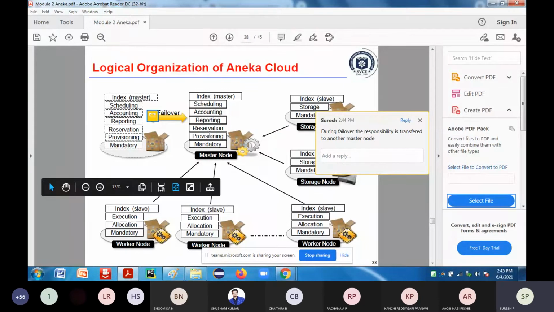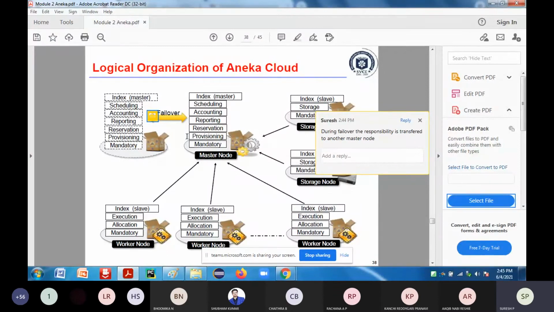The master node also provides you the RDBMS facility, the real-time database management system, where the state of several services is maintained. For that reason, the scheduling services are maintained in the master only.